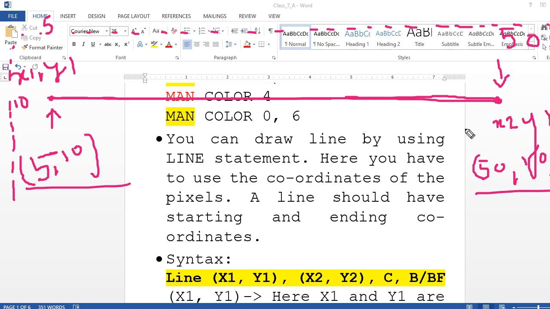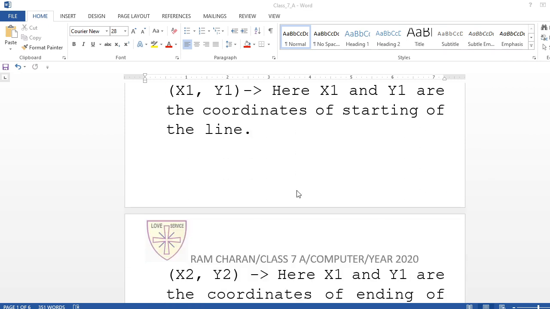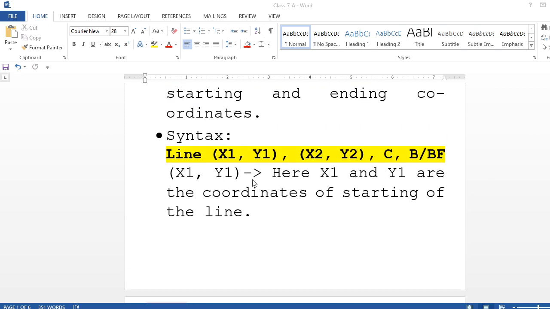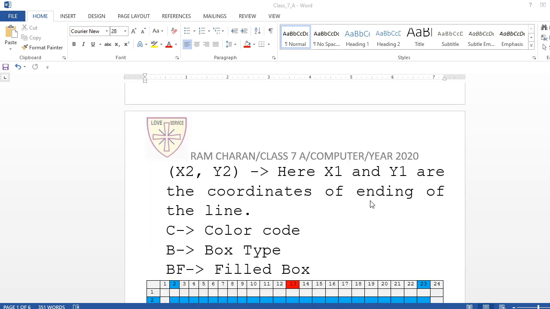Okay, done. Now next, see, I had written line x1 y1. So line has two more attributes in that command, C and then B and BF, filled box. What these are, I'm going to show you, then you'll be able to understand. C is the color code, what color you want to give.